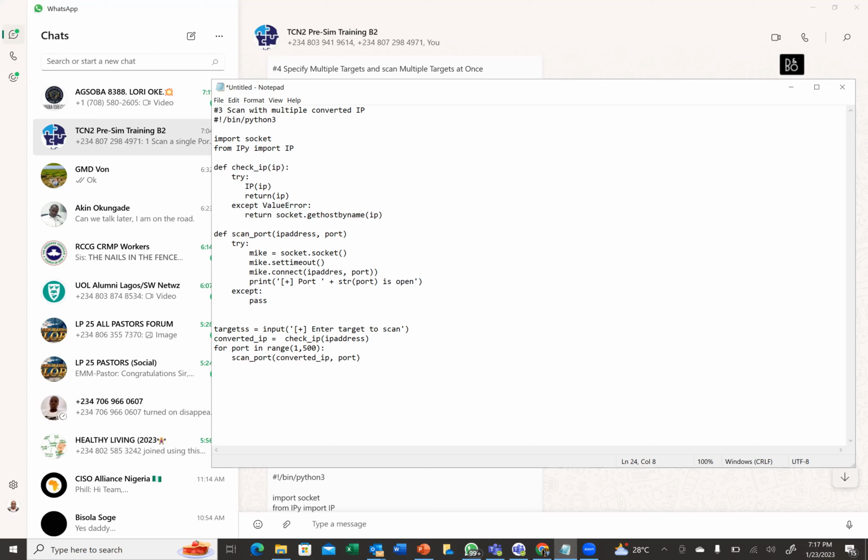We can play with the description that we have here to reflect what we're trying to achieve. Enter target/s to scan. We can just keep it as simple as that. That's all. Then this is where we'll now do the